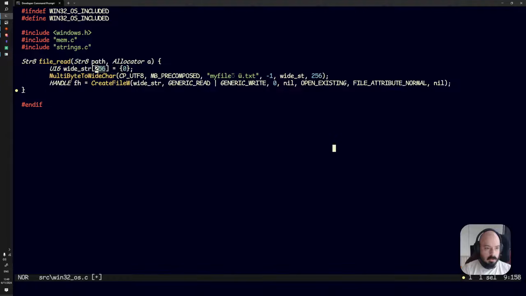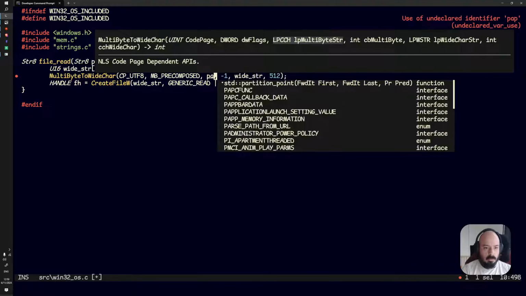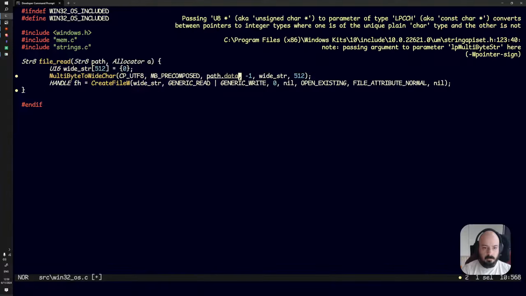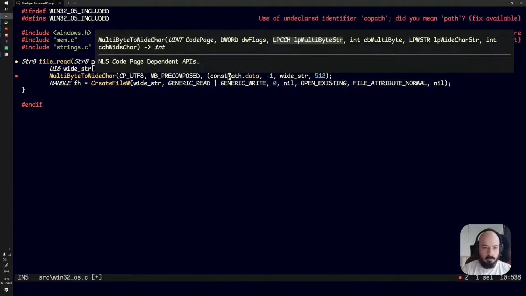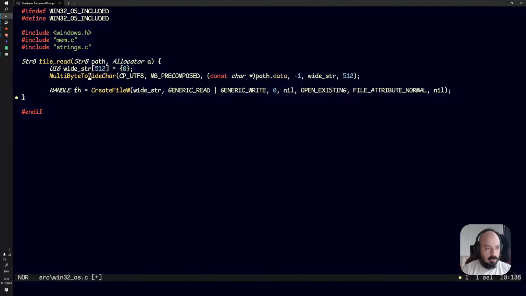And this wide string, let's say we've got, I don't know, 512 is our maximum path length, just to get us going. And we need to put in a string here. What's the problem? It's not constant, alright. Is that better? So we convert our string to wide string, open a file,